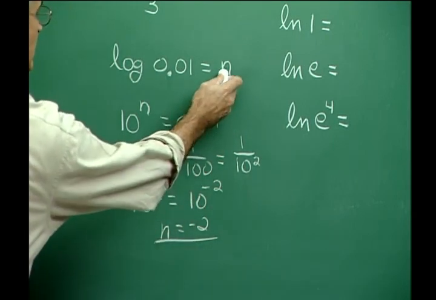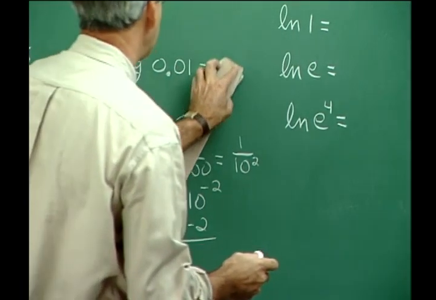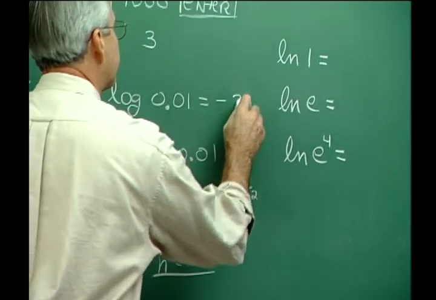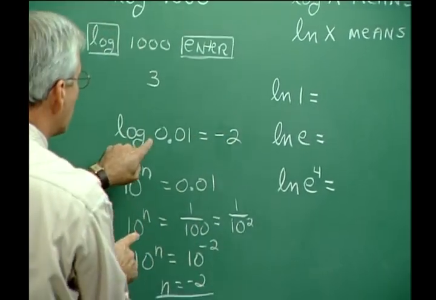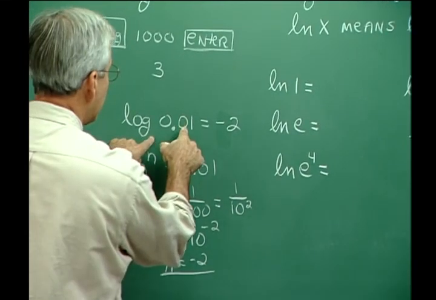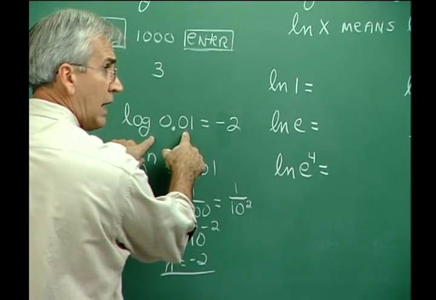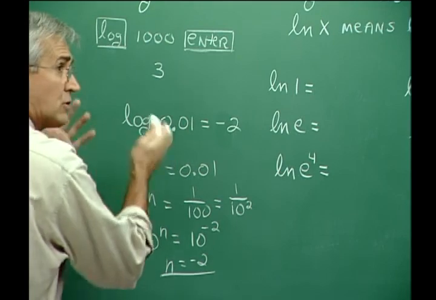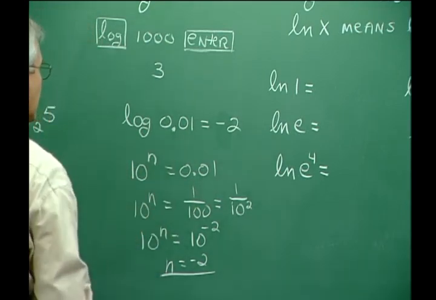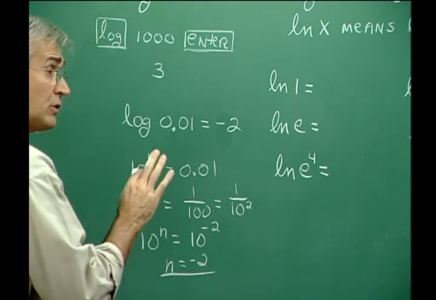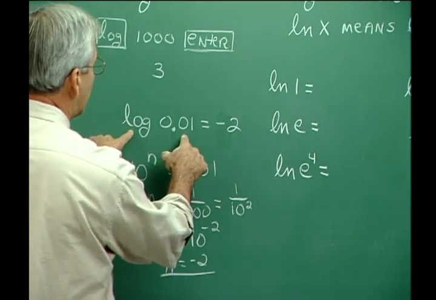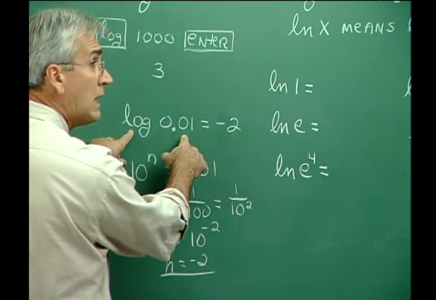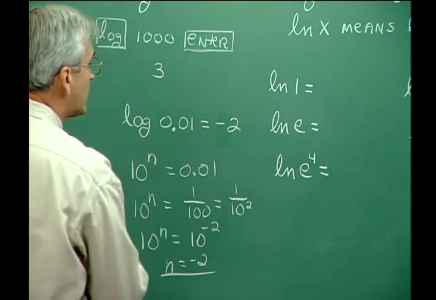So this then is negative 2. Now, the interpretation is this, that negative 2 is the exponent that needs to be on 10 in order to give 1/100th. And if you look at it algebraically, sort of, then it turns out pretty easy. But using the calculator now, remember, here's what we'd need to do. We would press log, pump in a 0.01, and then the enter, and then we should get negative 2 as